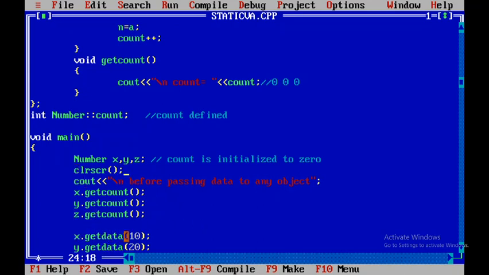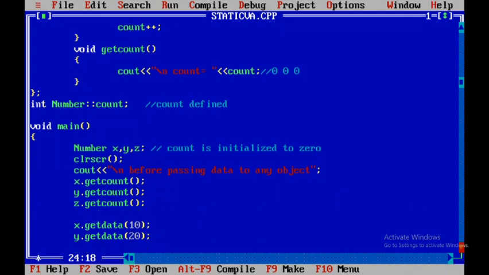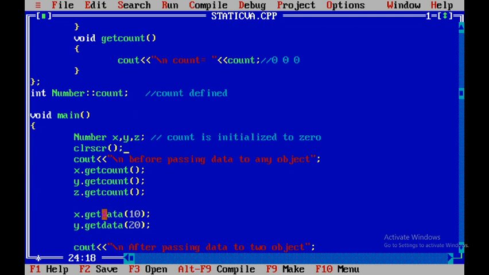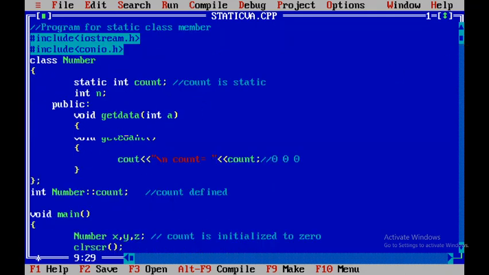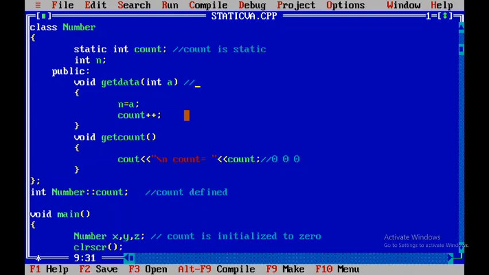So x.getData(10). getData is another member function that we are calling by using object x, and we are passing the argument 10. So by using the x object we are calling this getData method, and our a value is nothing but 10 now.